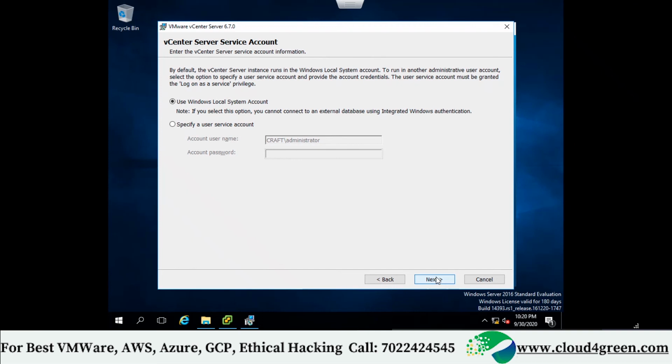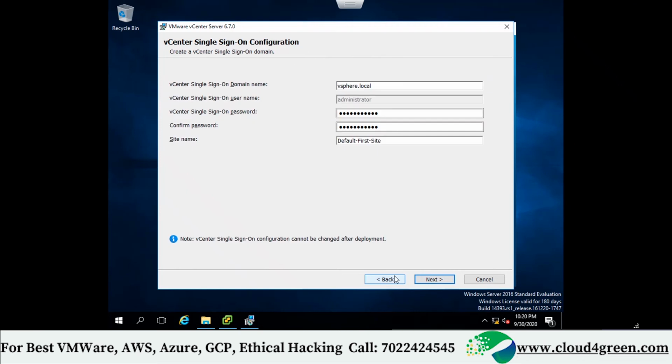You need not. Instead of that, there is one default user. The name of the user is administrator@vsphere.local. Look into this. Can you see this? Write down this section, please.